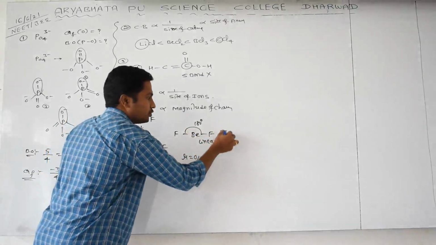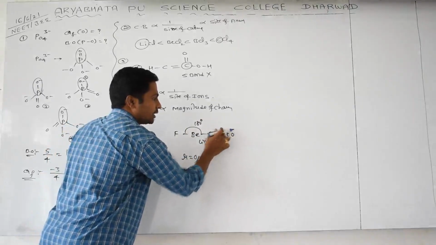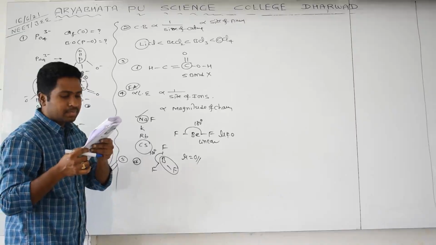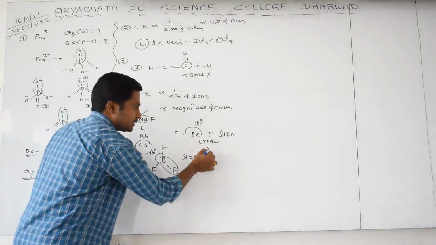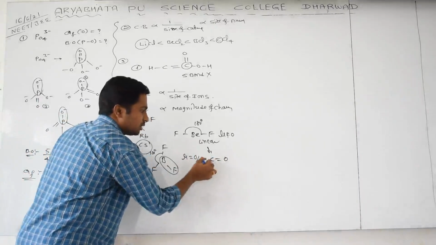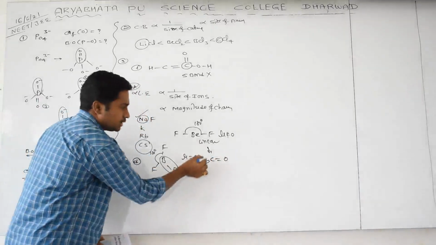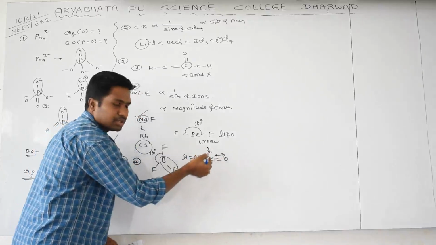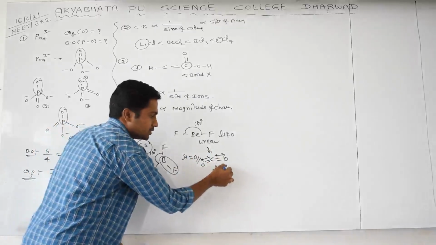That's why, through mutual cancellation, the dipole moment will become zero. It is non-polar. Go for the next step, carbon dioxide. Similar case: carbon dioxide also has C double bond O and C double bond O. In this, the bond moments towards oxygen are both equal and in opposite directions, that's why the net moment will be zero.